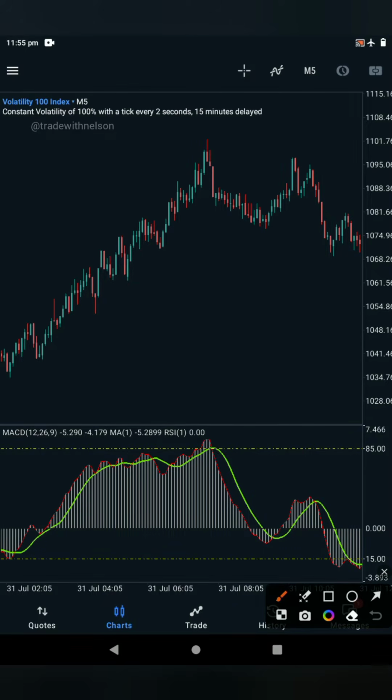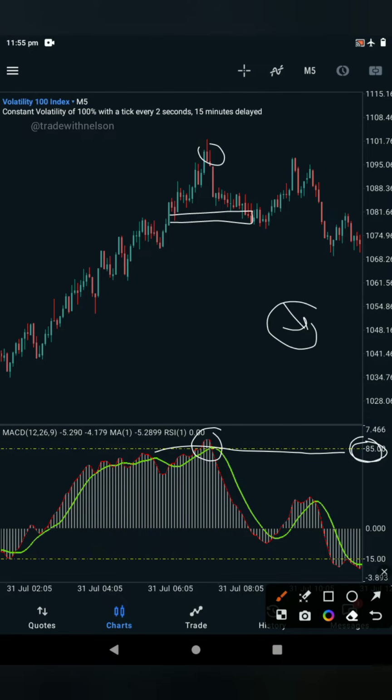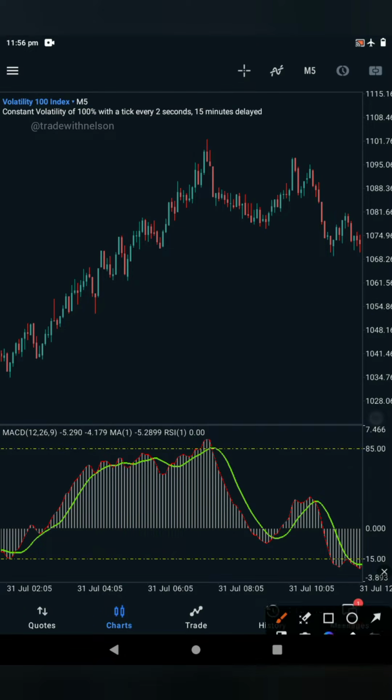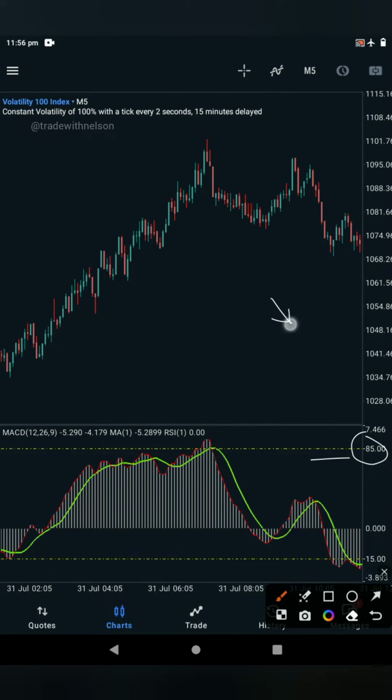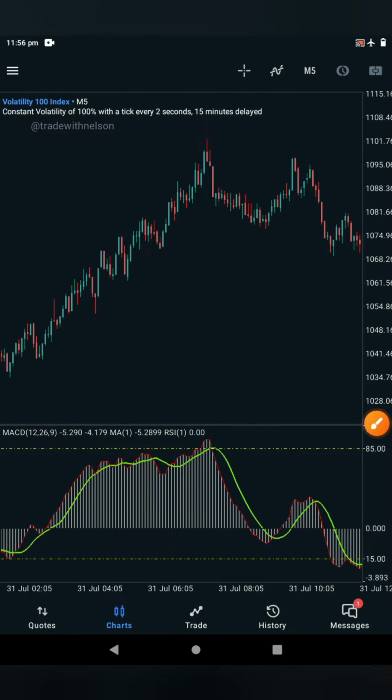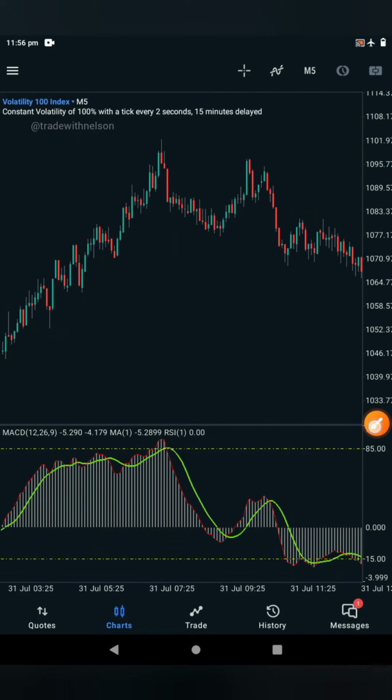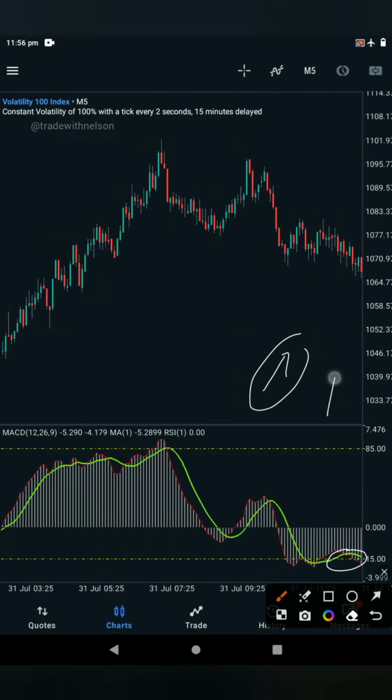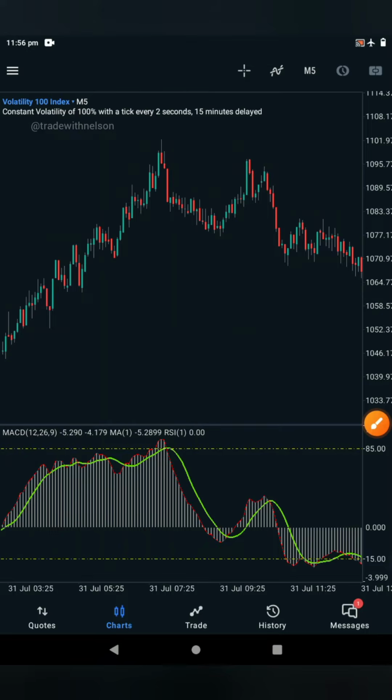So we want to be paying attention to the recent zone before you have this dip into the 85 level if you want to sell to the downside. This 85 level is the overbought level. So when the market is overbought, we want to look for market to spike to the downside, break structure, and then we look to sell the market to the downside. And when it is oversold, we look to buy market to the upside. We want to wait for break of structure or the market structure shifts, and then we look to buy to